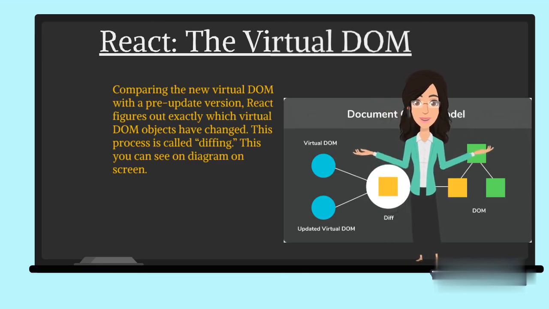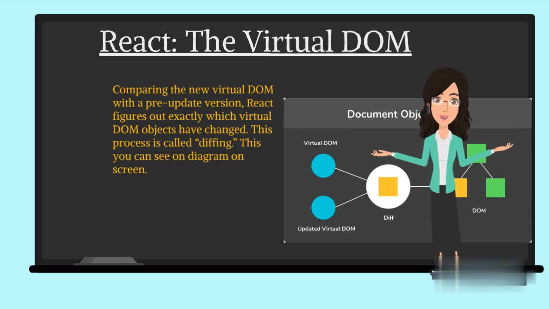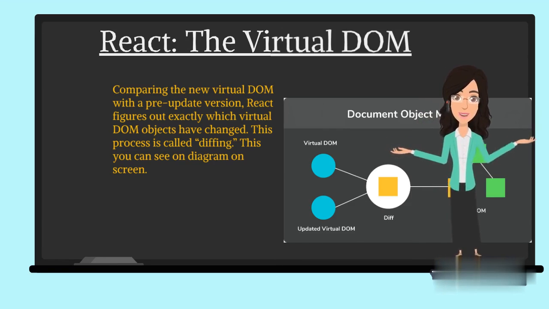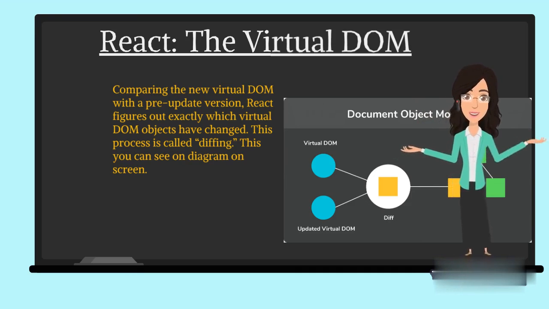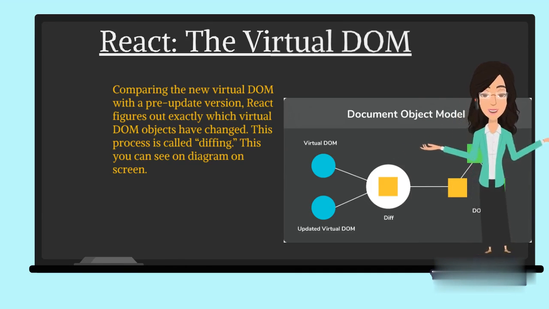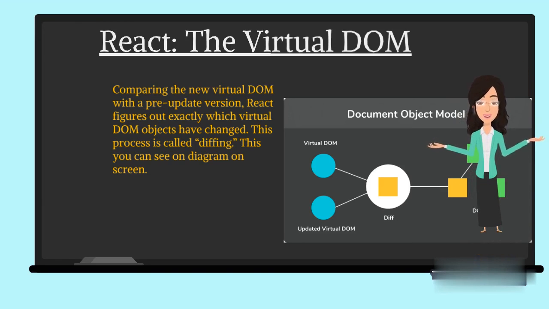In summary, what happens when you update the DOM is, first, the entire virtual DOM is updated. Second, the virtual DOM is compared to what it looked like before you updated it, and React figures out which objects have changed. Third, the changed objects, and only the changed objects, are updated on the real DOM. Changes on the real DOM cause the screen to change.